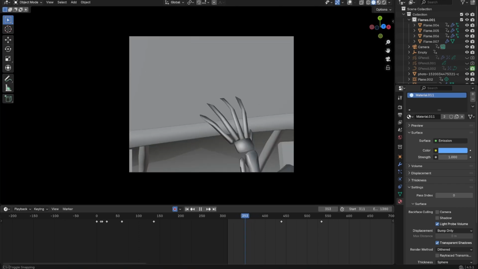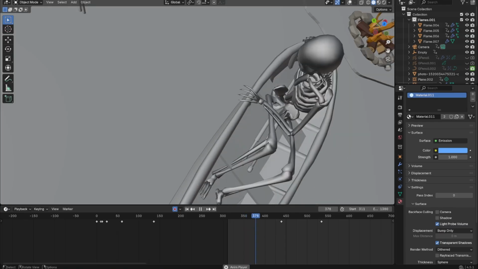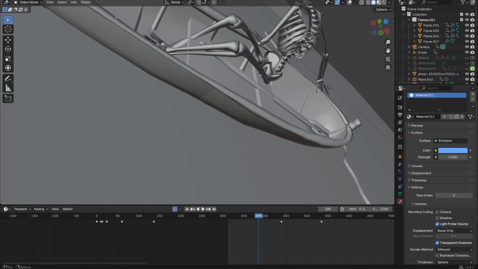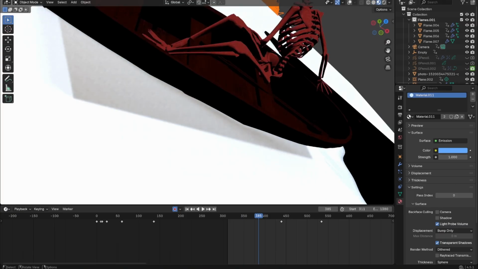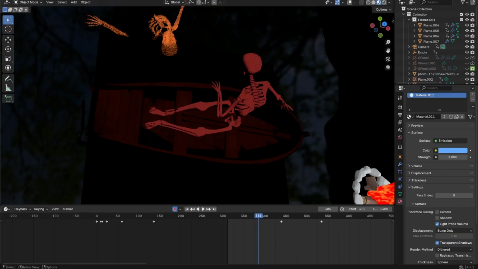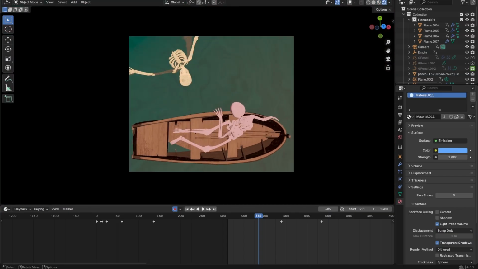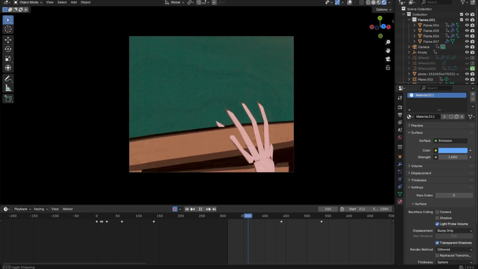We got the character raising up from the water. One thing with this boat is the water's kind of clipping through the bottom. I think it's actually in the final music video as well. There's like a frame or two where the water clips through. There you go, see that? I'll have just missed that, but